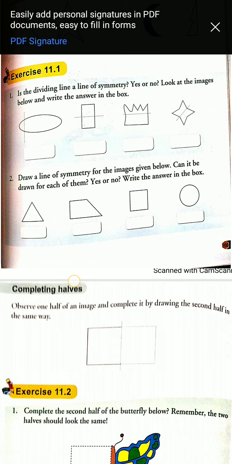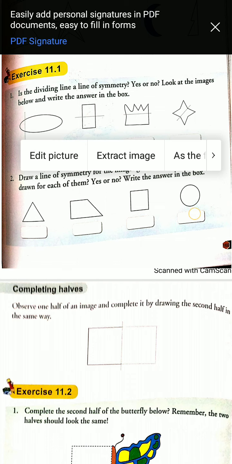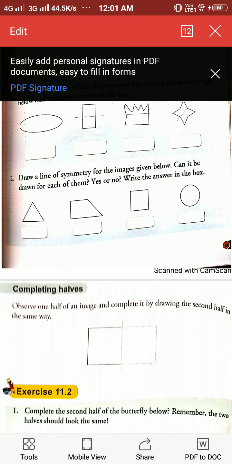What is this? This is a circle. And a circle is also a symmetry figure. We have to draw anyway, just like this here, in the center, we draw in a half. Then this is also yes. We have to put yes here. And this is yes. I repeat, what is a symmetry figure? A figure through which a line can be drawn to divide it into equal halves, students, just like the reflection of each half in a mirror, is called a symmetrical figure.